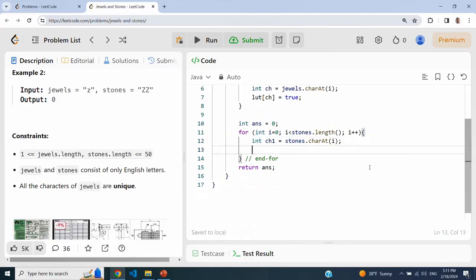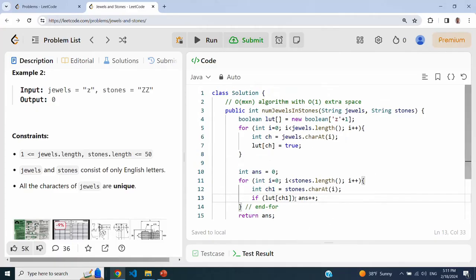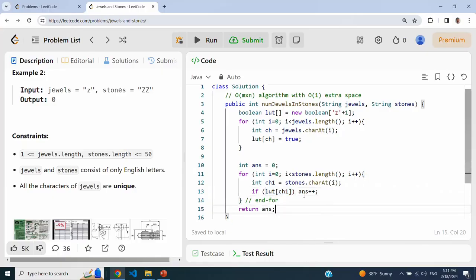in the jewels. So all I have to do now is say if lookup table ch1 is true, then I'm going to increment the answer. So again, I'm using a lookup table to reduce the searching time into order 1. I'm using the ch1 from stones as an index into the lookup table, which I have already created at the beginning, right? So this lookup table is basically marking those characters that are in the jewels. So I'm saying if the character in the stone is also in the jewels, if this is true, then increment